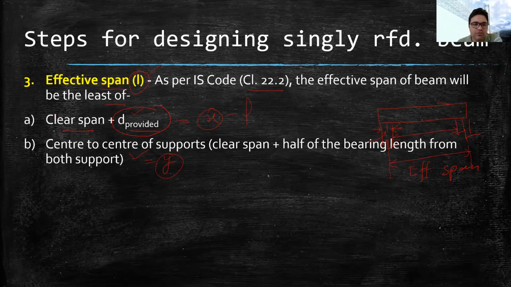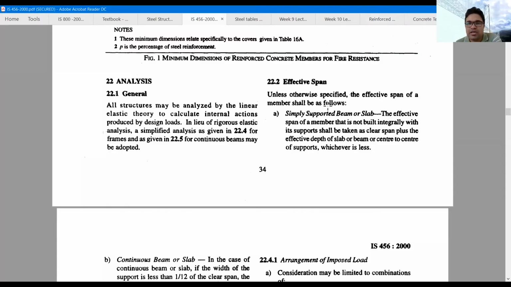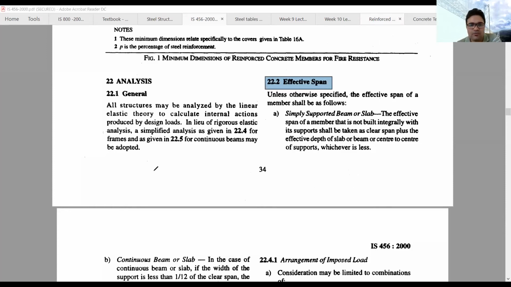I will show you this provision in the IS code also. If we go to this clause number, here you can see on page number 34, this is the clause on effective span. Generally in our course, we are going to design only the simply supported beam. Simply supported beam is something like this.